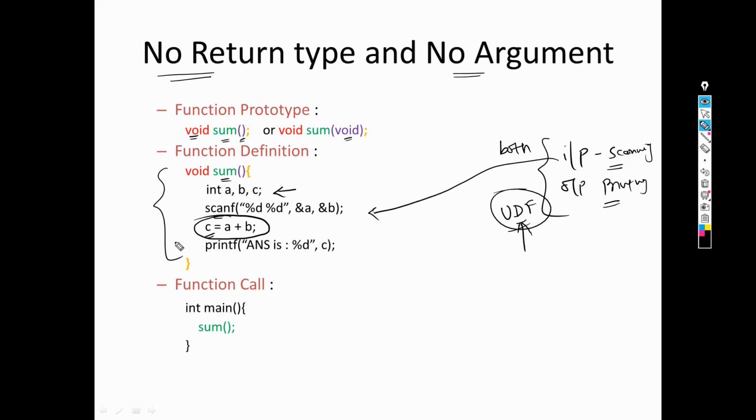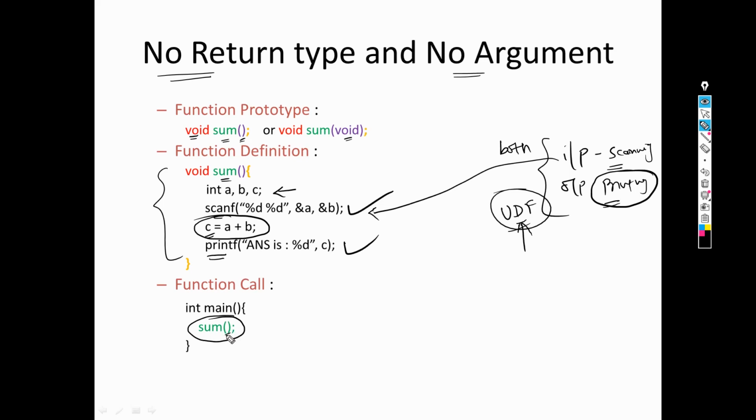Now since your function is not giving any output to the main function, the second responsibility of printing the answer on the screen is also with the UDF, so we have printed the answer in the UDF itself. So both scanning and printing will be done by the UDF. Now what is the role of the main function then? The main function needs to call the user defined function.